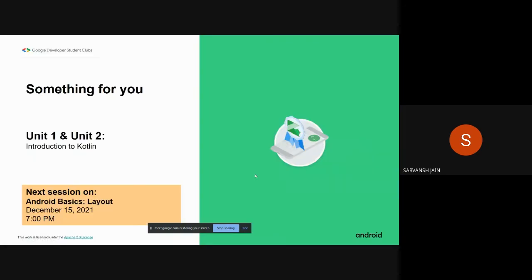So we have a next session on 15th of December from 7 p.m. You'll learn about basically the layout of the application, and yeah, so that's it.